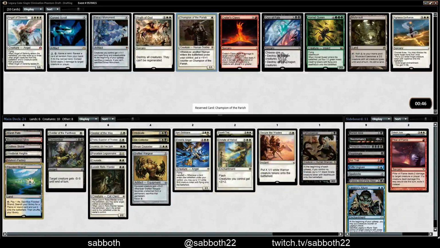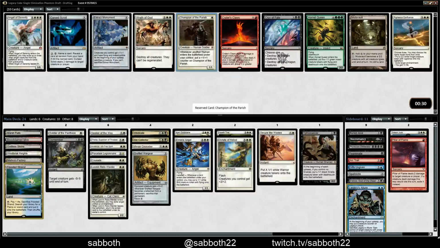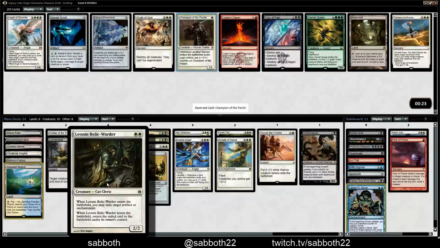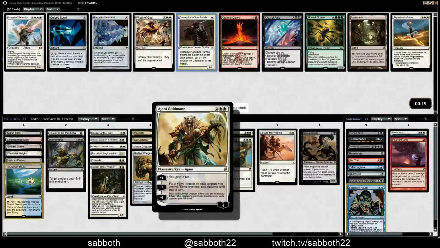Champion of the Parish, and some expensive other white cards. I like Eldrazi Monument. It's a little confusing, so maybe it comes back. Well, it's not so confusing, it just gives all your guys a huge boost into the air, and they can't be dealt with anymore. And Champion of the Parish does well with humans. So I guess we should have taken the human, not the cat. But there's a few other humans here, so...